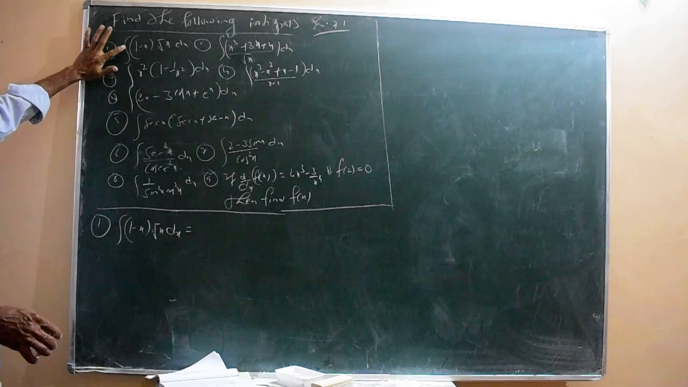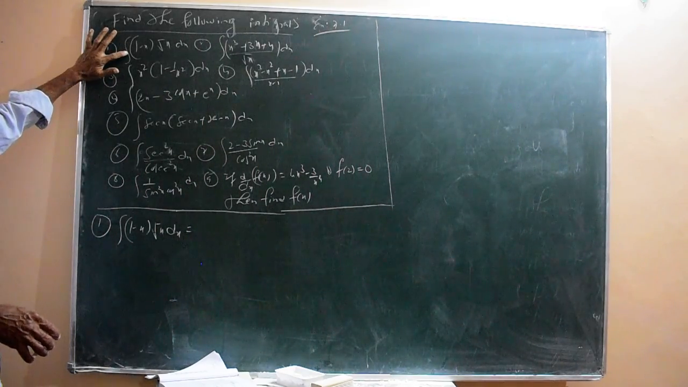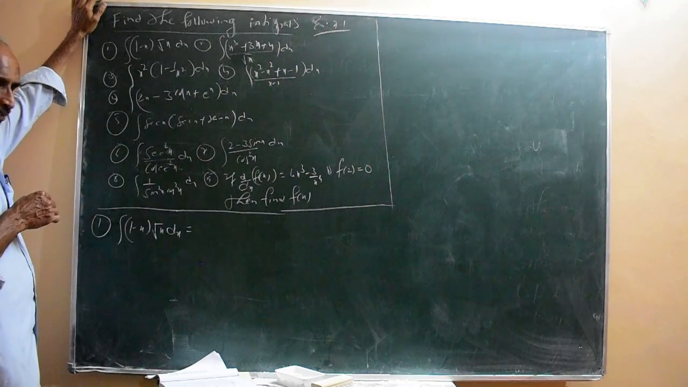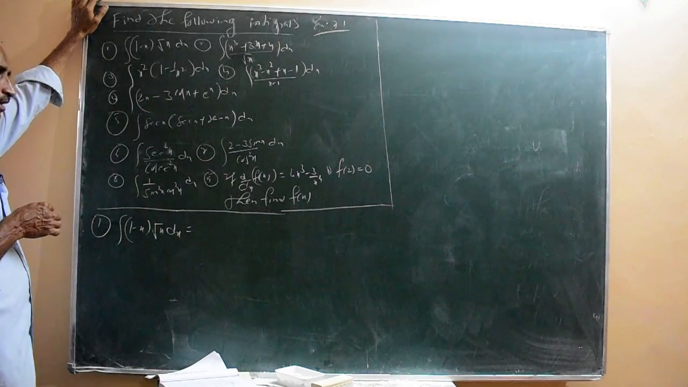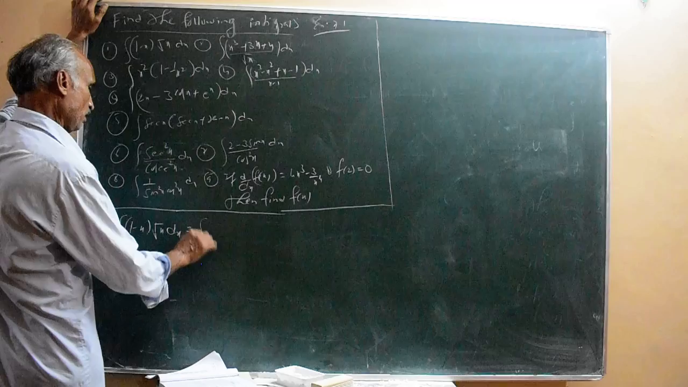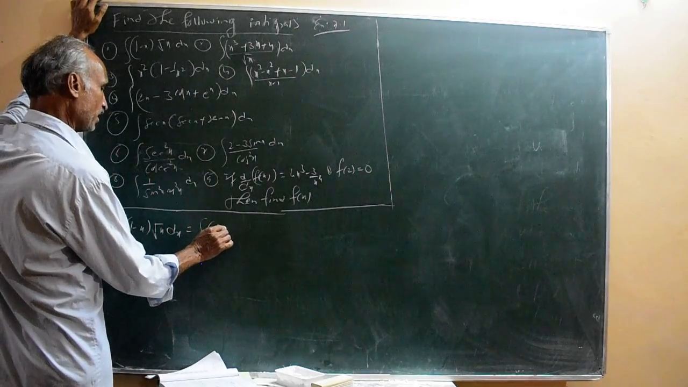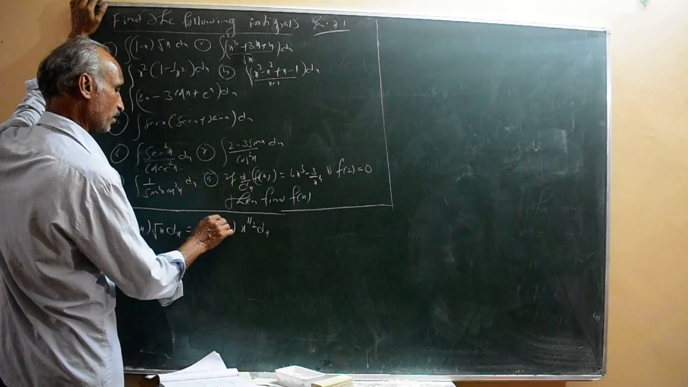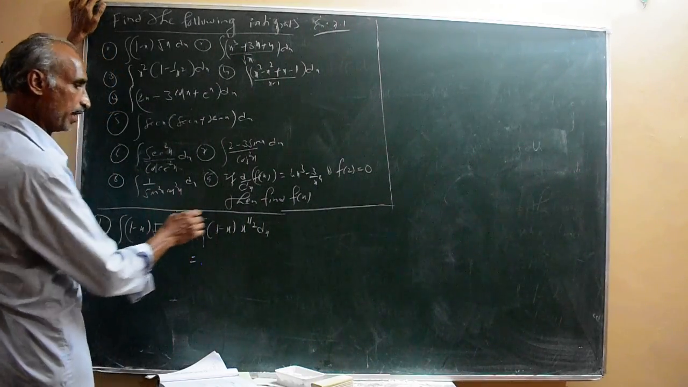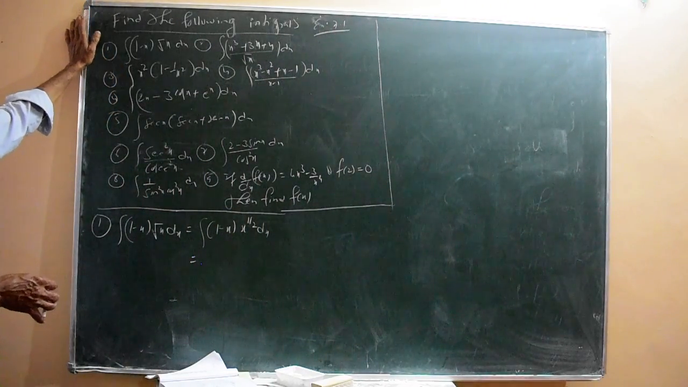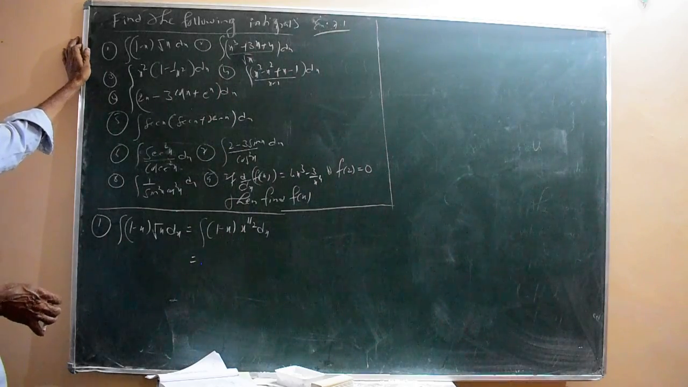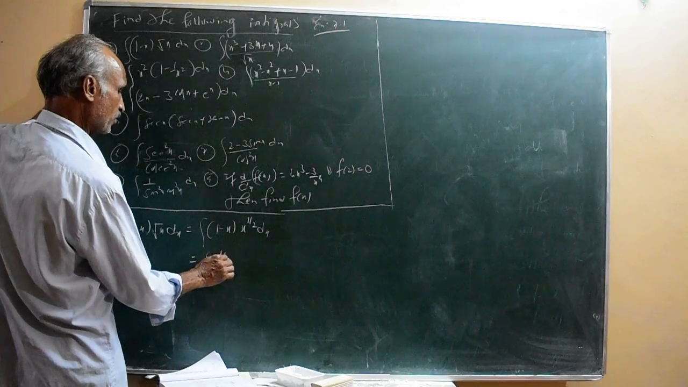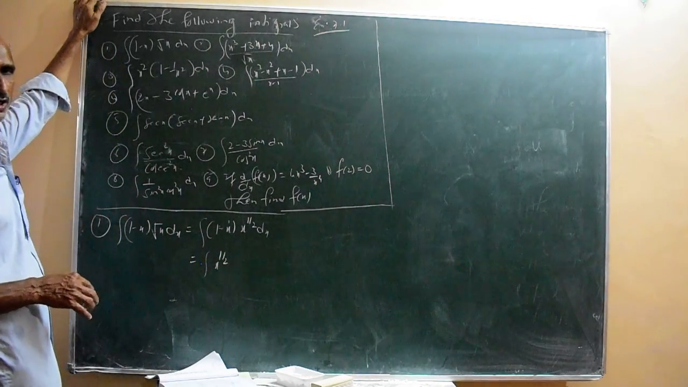It is the integration of (1 minus x) into root x dx. That day, at the end of the previous class, it was given as homework. It is 1 minus x into root x. Root x is nothing but x raised to half, dx. By multiplying it, I told you, manipulating the integrand is the main thing. So 1 into x raised to half is x raised to half. x raised to 1 into x raised to half